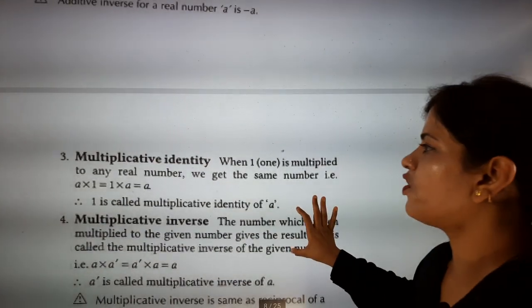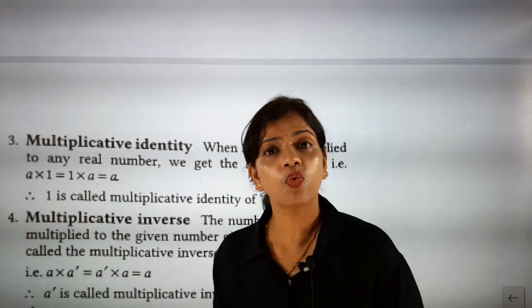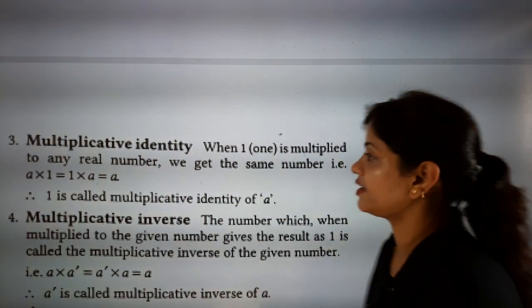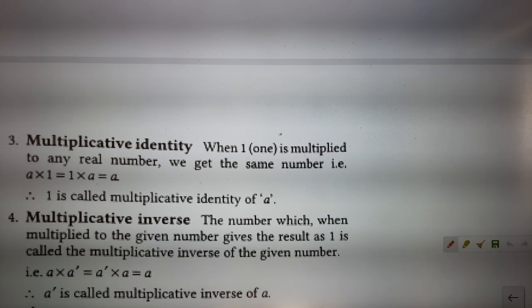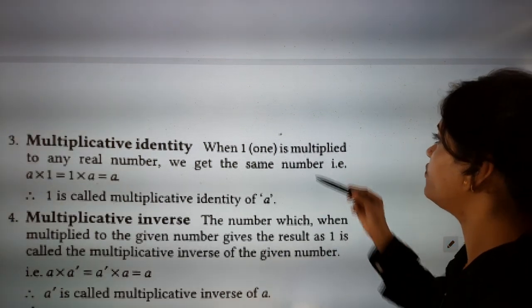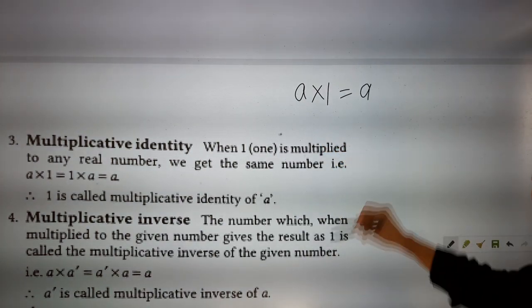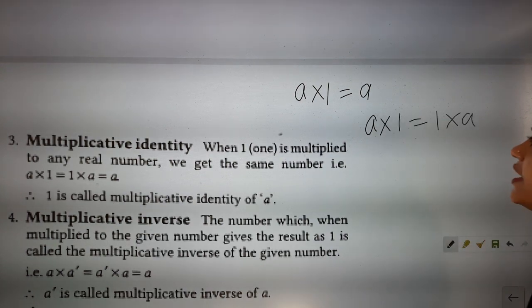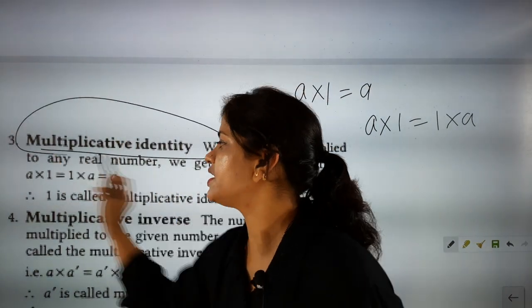So now we will go for multiplicative identity. This is again commutative in nature. What you must multiply to a number so that you get the number again comes under multiplicative identity. So if somebody gives you a number A, then A must be multiplied by 1 to get A itself. So it is commutative with respect to multiplication. 1 into A is A, A into 1 is A. That is exactly called multiplicative identity.